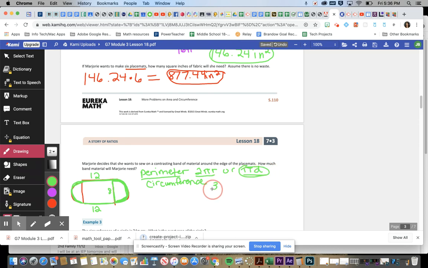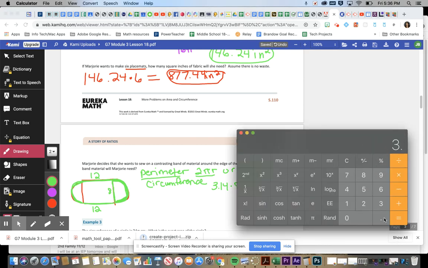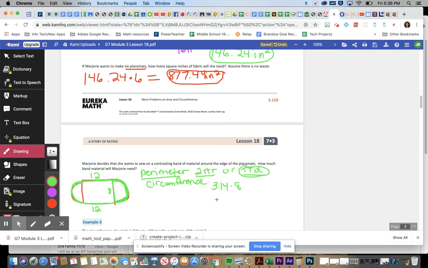So pi is 3.14 times 8. So 3.14 times 8 is 25.12. Okay, and then I have to add 12 for this side and 12 for that side. All right, and if I add all of those,